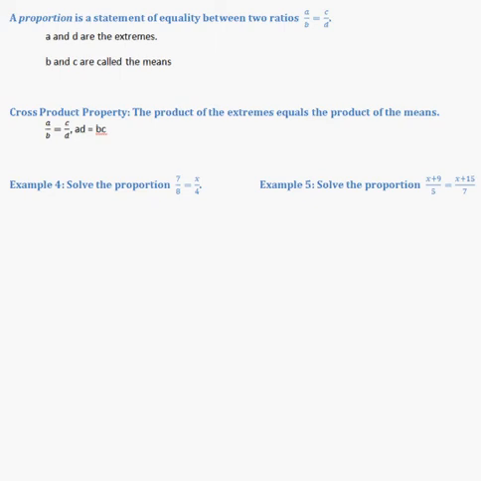I know this type is a little small here, but we have A over B equals C over D, and that's a proportion. A proportion is a statement of equality between two ratios. So a proportion is when you set two ratios equal to each other. Now within this proportion, I'm going to rewrite it. A over B equals C over D. We have some terms here. A and D,